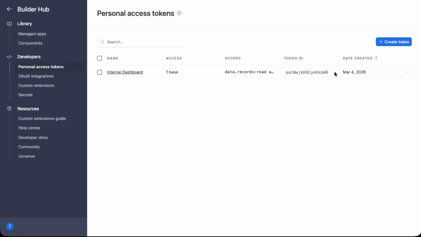And that's it. You now have your Airtable base ID from the API documentation page and your API key in the form of a personal access token from the Builder Hub, both ready to